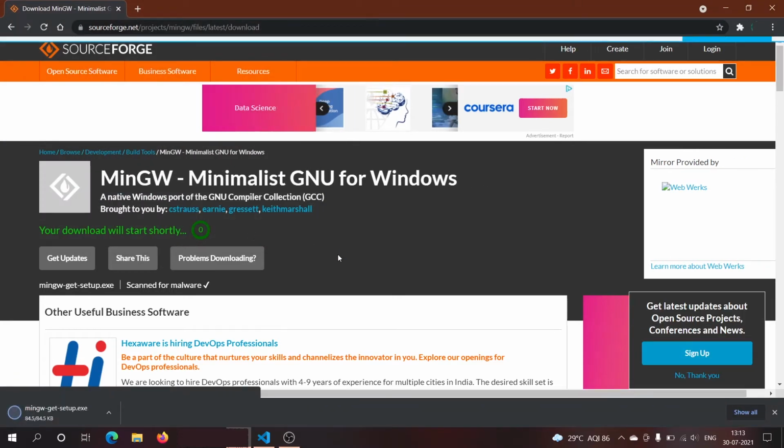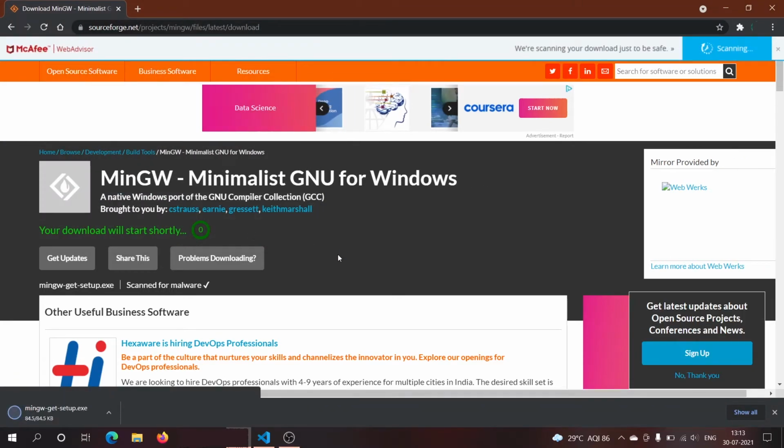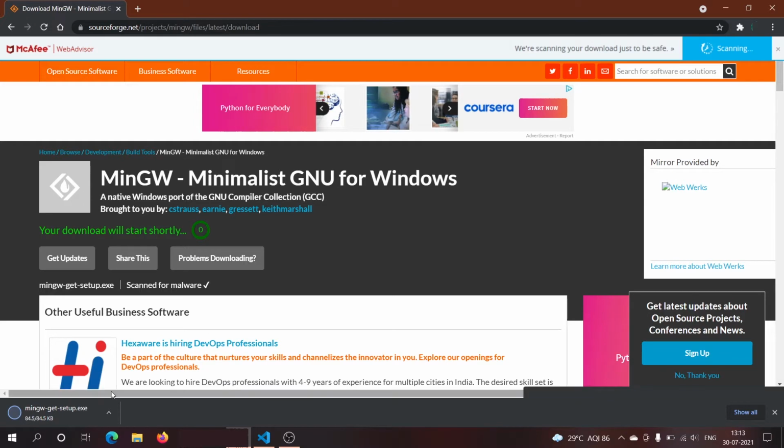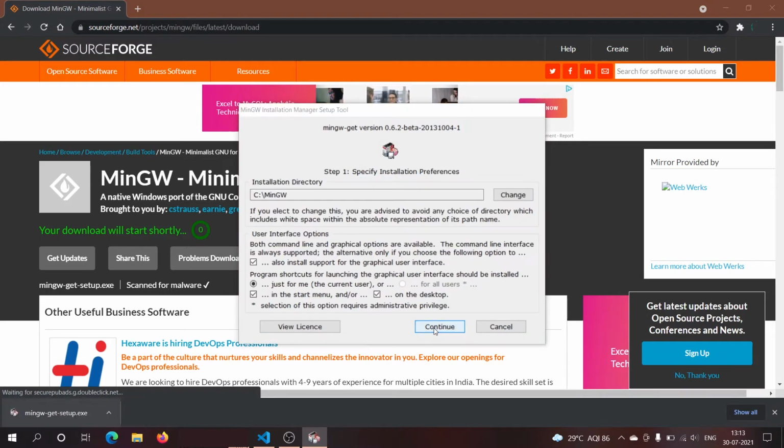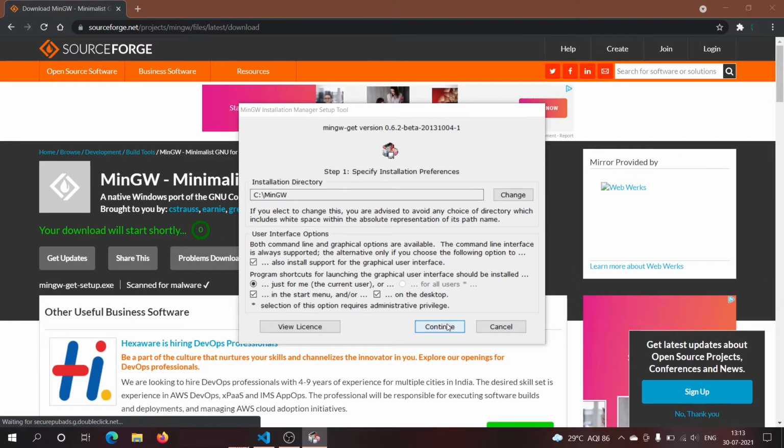For the time being, MinGW is okay. Yes, install. Recheck the directory where you want to install the MinGW compiler. I recommend installing it either directly in the C directory or Program Files.